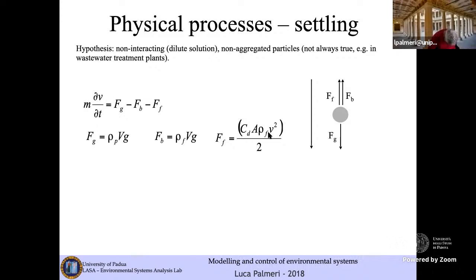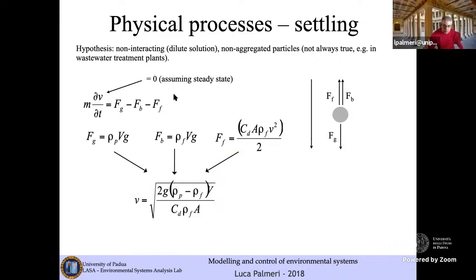A is a surface describing the area of a particle that is opposing, that is counteracting the attraction toward the bottom part of the sediment. In steady state, we may assume that the acceleration is 0, so constant speed of settling, so that putting all